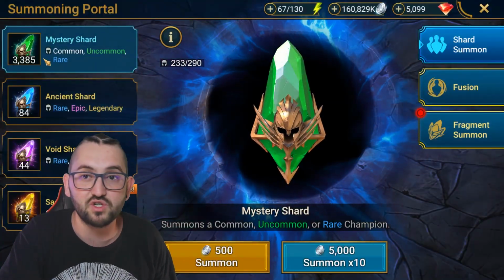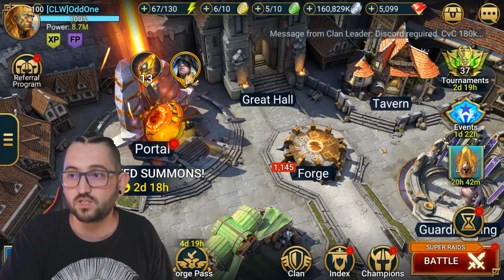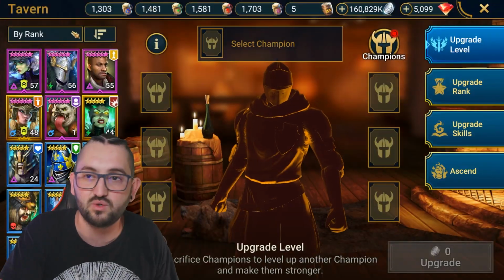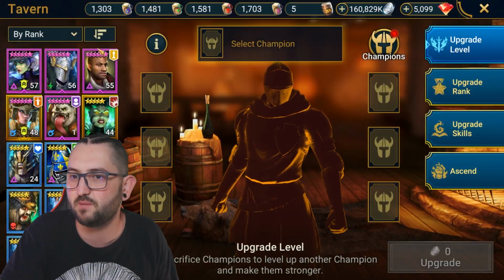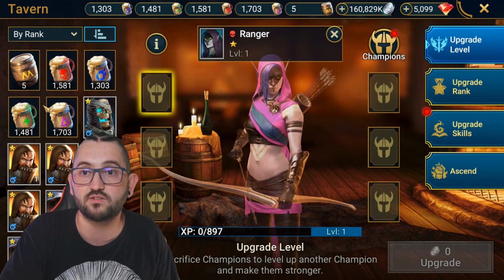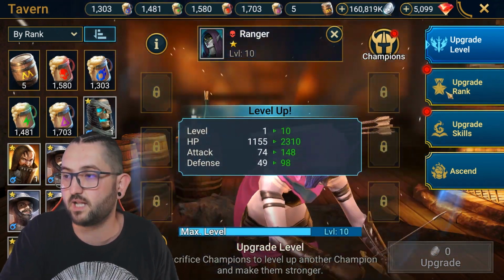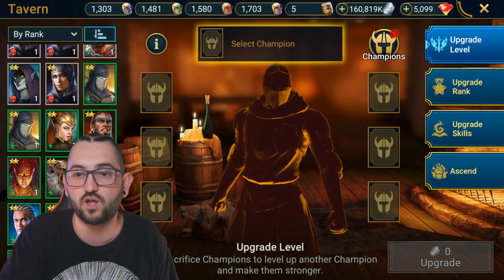Because I have so many mystery shards, 3,300, I can pop them tomorrow and then just start turning everything into food. The way that I do it, I mentioned in previous videos, but let me quickly show you. For commons, 1 brew and 3 commons. It's ready to level 10 and max it, and then when I get to the uncommon, I just go and